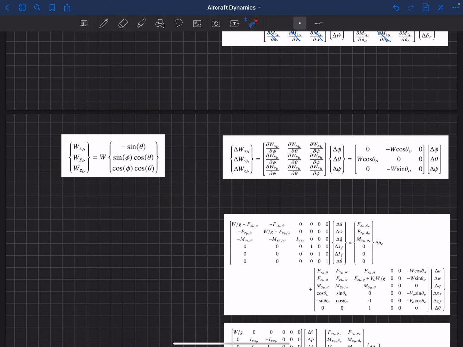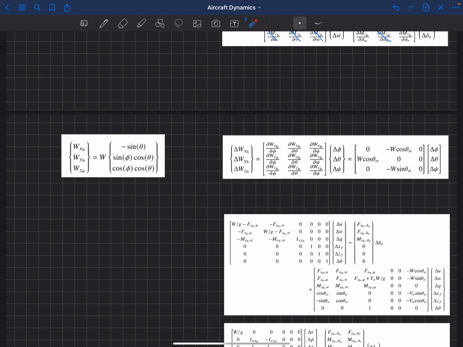So we're going to do the same thing here. We're going to take the Taylor series expansion of this weight vector to get the derivative of the weight vector, or the change in that weight vector. If you take the Taylor series expansion, taking only first derivatives, and then multiply them by our deviations, again, this is just the Taylor series expansion. From the previous video, you should recognize what we're doing here. We've got a delta in our weight vector equal to just the first term in our Taylor series expansion multiplied by the deltas, or these deviation values.